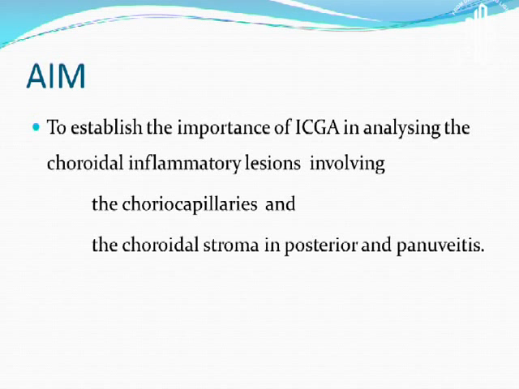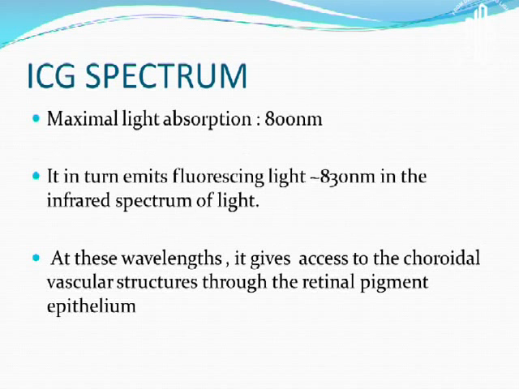The aim of our study was to establish the importance of ICGA in analyzing the choroidal inflammatory lesions which involve the choriocapillaries and the choroidal stroma. The maximum ICG spectrum, where the maximum light absorption is at 800 nanometers, emits fluorescing light at approximately 830 nanometers in the infrared spectrum. At these wavelengths, it gives access to the choroidal vascular structures to be seen through the retinal pigment